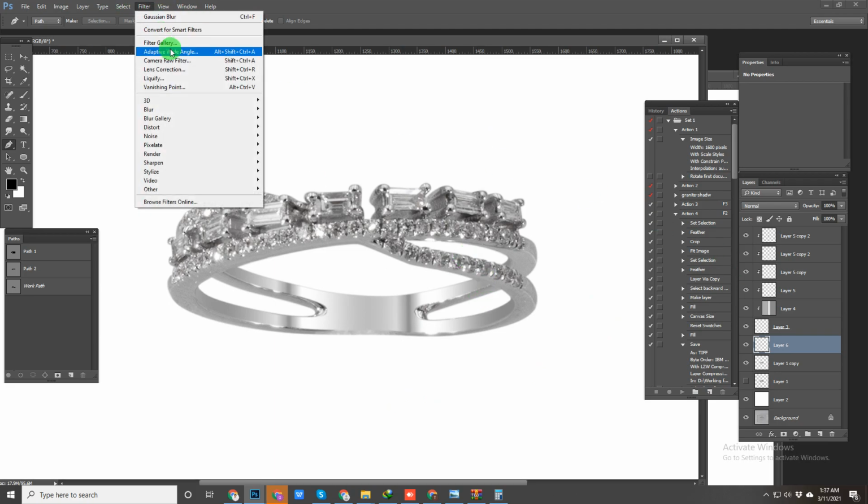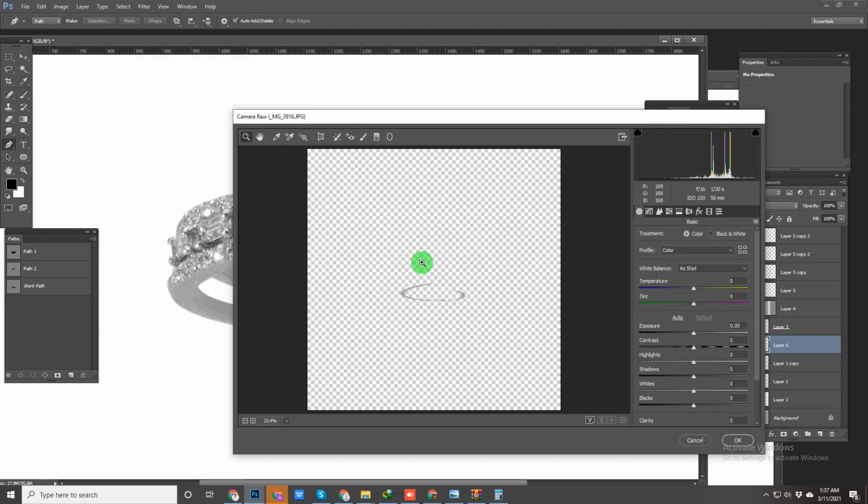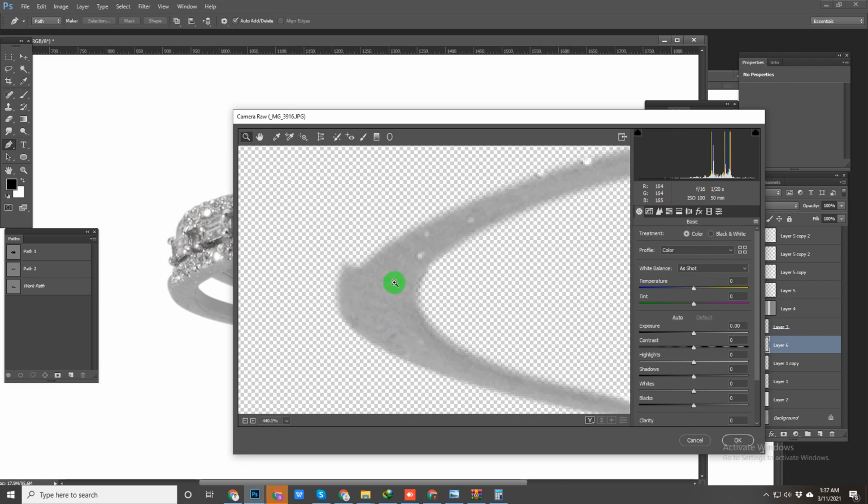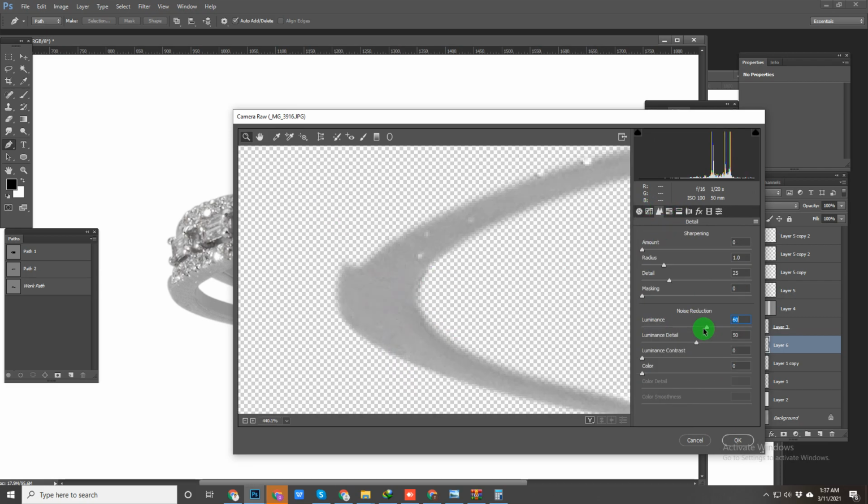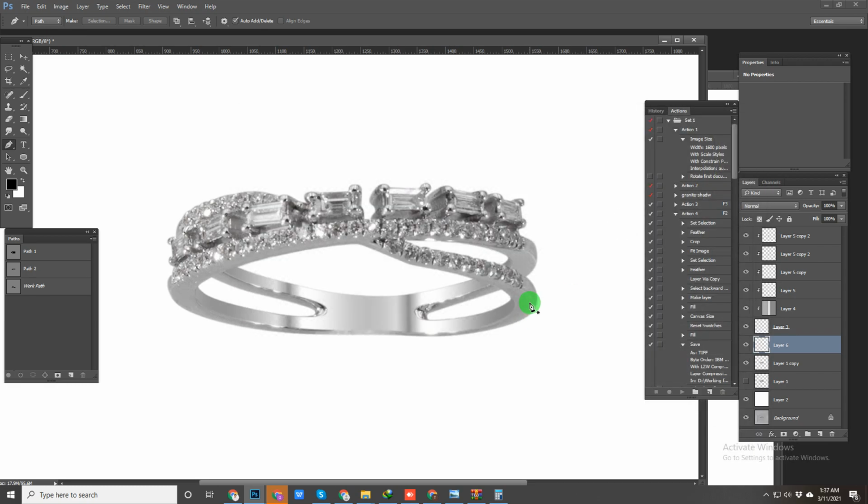Now camera filter, I have to make it smooth. It's a bit noisy, so I can reduce the noise. Noise direction, luminance 50, luminance detail 36. Now you can sharpen it a bit. Okay. And then